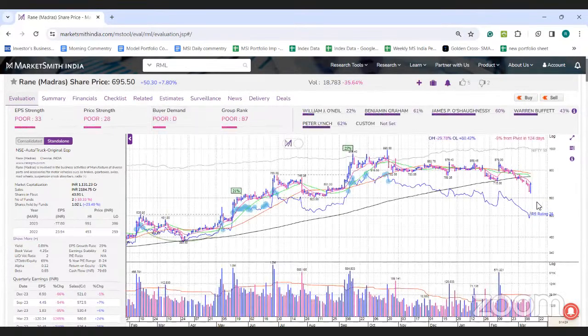Relatively smaller stock, so pressure in the small cap index, need to be careful over here. It's trading below all the key moving averages, so it's ideal to book profit, cut losses, and wait for the fresh entry. So if you can look at Inox India,